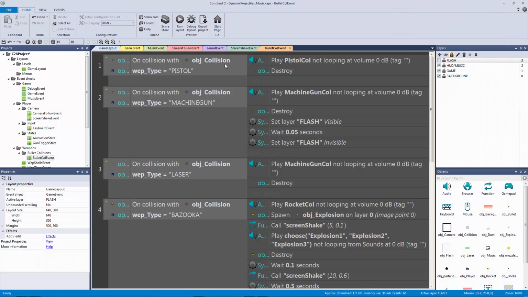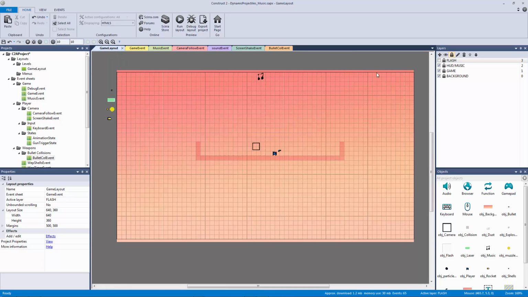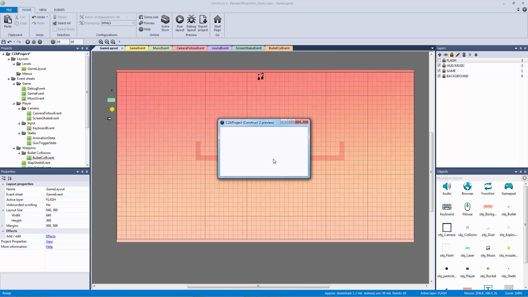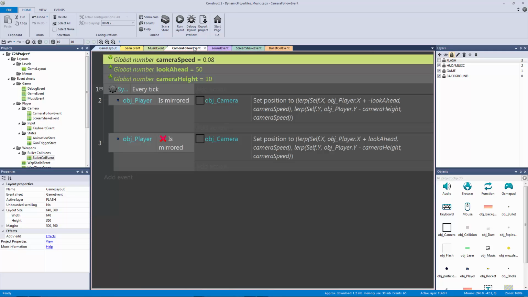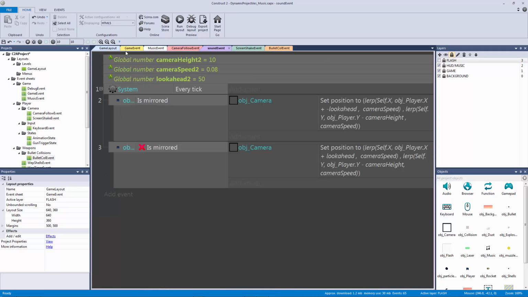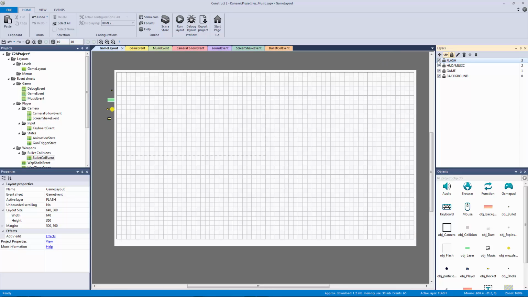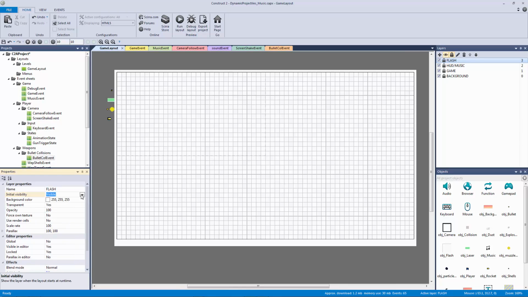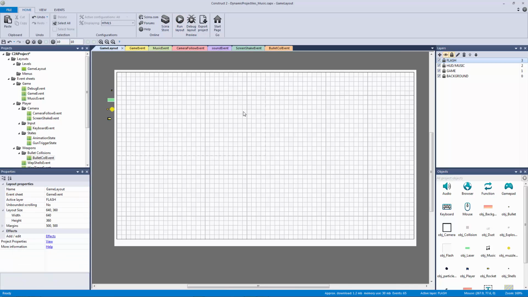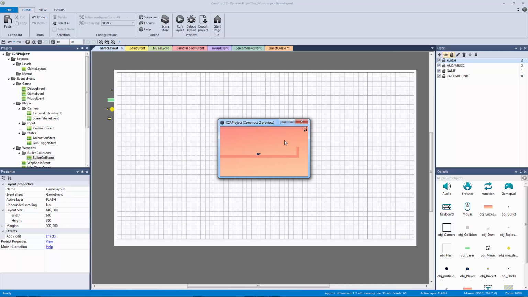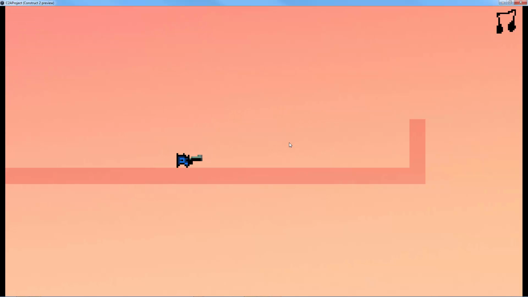So let me hit play here and figure out why that didn't work. Let's see. If I hit play again, did my camera events go a little funny? You know what? I know why. That's because this layer is visible on start. So the initial visibility, I got it. It needs to be invisible. There we go. That was confusing. There we go. So now if I hit B to switch to my machine gun,